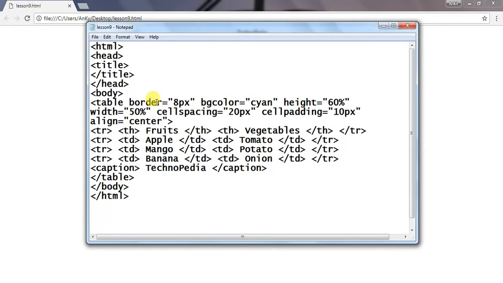Now let's talk about the attributes of table data, that is TD, or table header, that is TH. The first attribute is rowspan. The rowspan specifies how many rows of the table this cell should span.